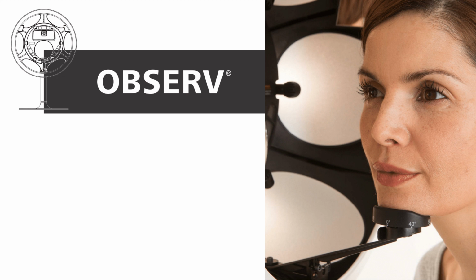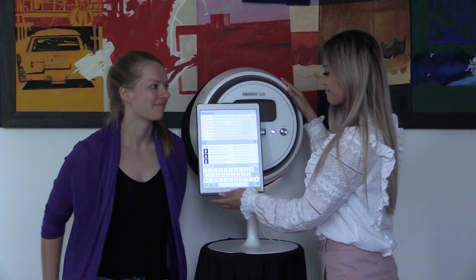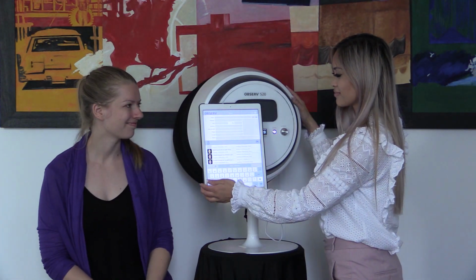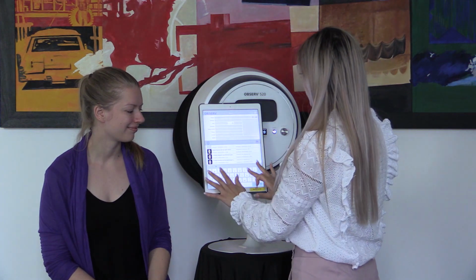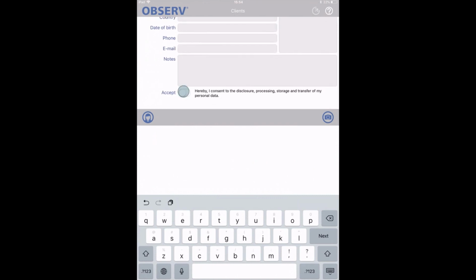Now that we have installed the chin rest and the mirrors, we set up the Observe 520 as we would usually, and we will now go on to demonstrating how to use the AIS. Here we have our sample client for this training, and we will be switching to our iPad screen captures. We first make a new client, and for training purposes we will accept the terms and conditions and go into